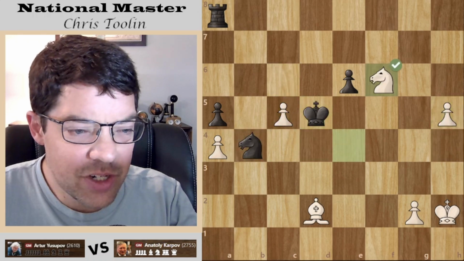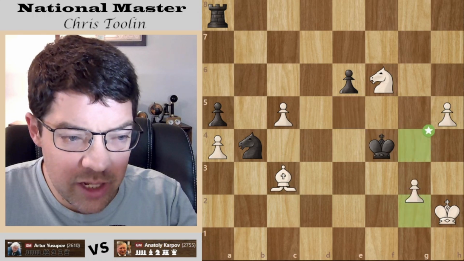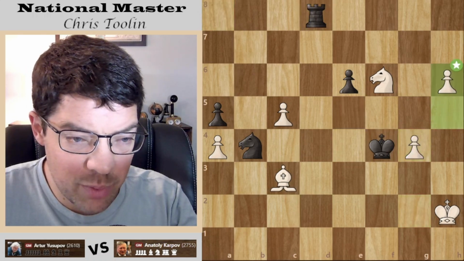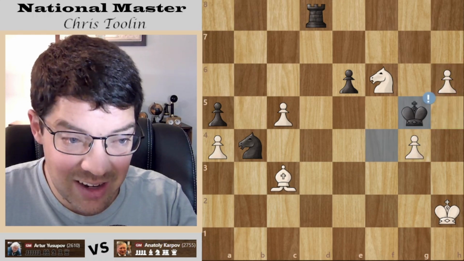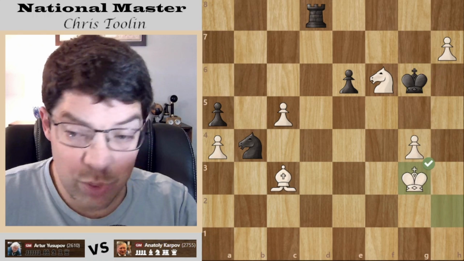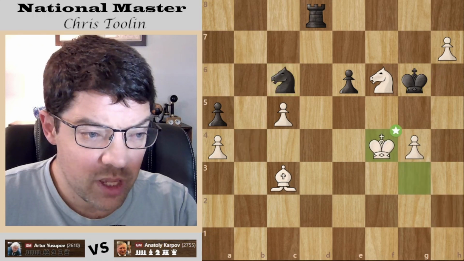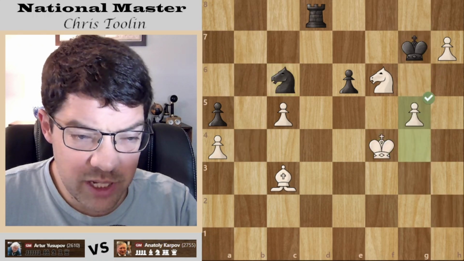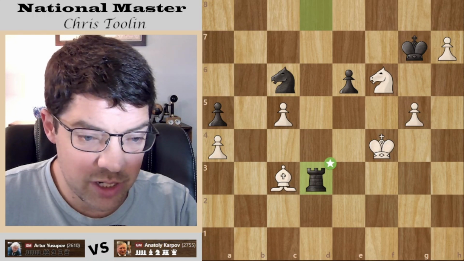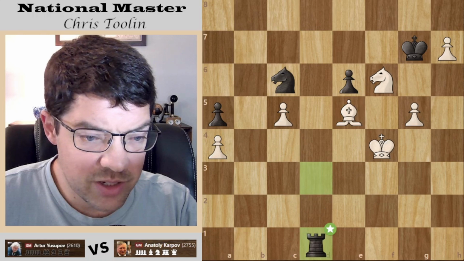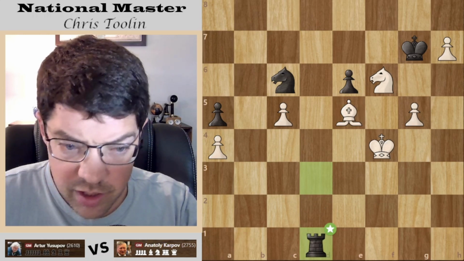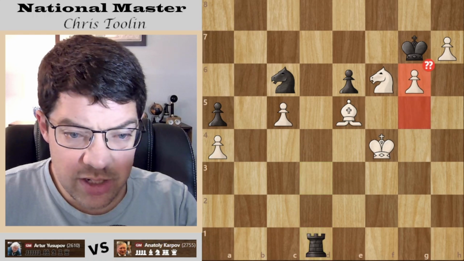Okay, h5. All in all, really, white is doing well here. White is the one slightly pressing. Karpov let it slip again and actually has to scramble and play the best moves just to survive. Black does. Okay, all this being said, the game is still equal. Black still has the rook, which is a great endgame piece, the rook. And finally, with an engine reading zeros here, pawn g6.